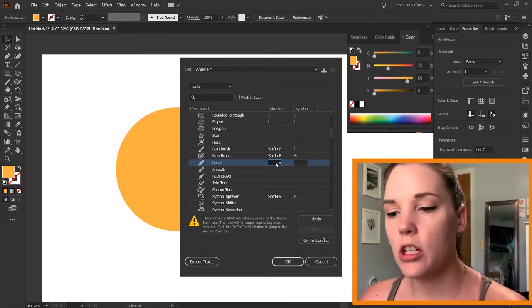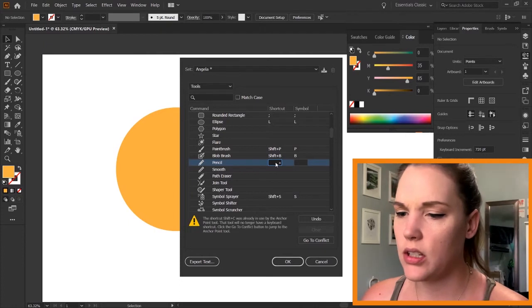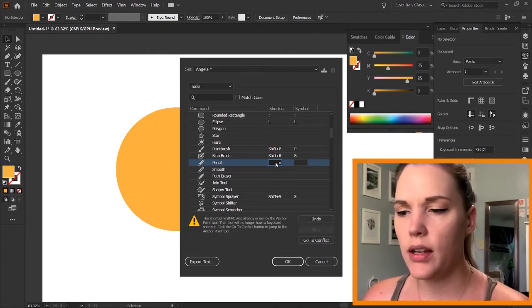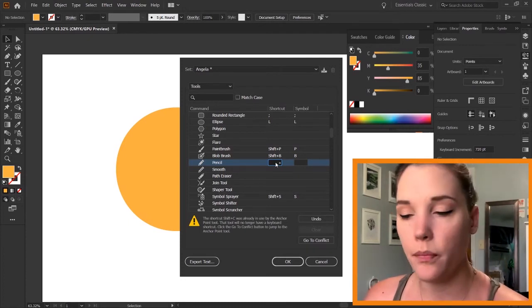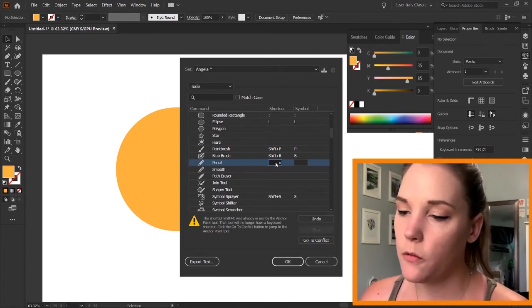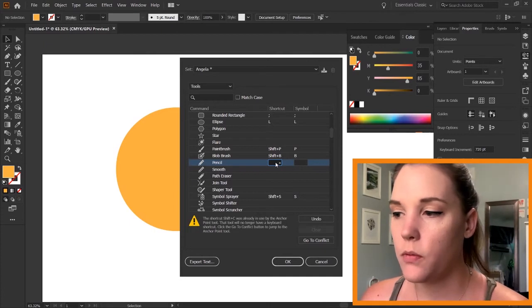So for paintbrush, it's Shift P. For blob brush, it's Shift B, which I have never used the blob brush. Have any of you used the blob brush? Let me know. But for this one, for the pencil tool, because for the pen tool,